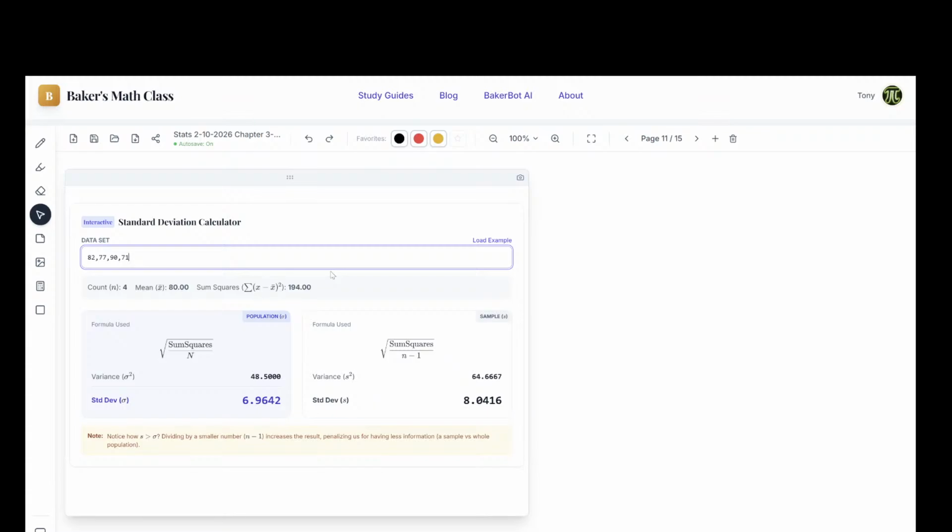And that's why we have that n-1 in there, to show that it's not as accurate of information. So it gives us a little bit more variation in our data. Okay? Because if you pick a sample of 10 numbers and then pick another sample of 10 numbers, you might get 2 totally different standard deviations. They're going to be close, but they're not going to be exactly the same. And neither one of them is probably going to be the exact same as the population. So by having that, that gives us that little variety in there. That's what the n-1 helps us with.